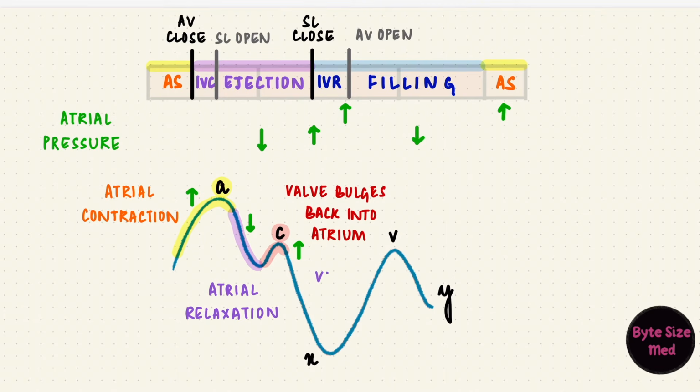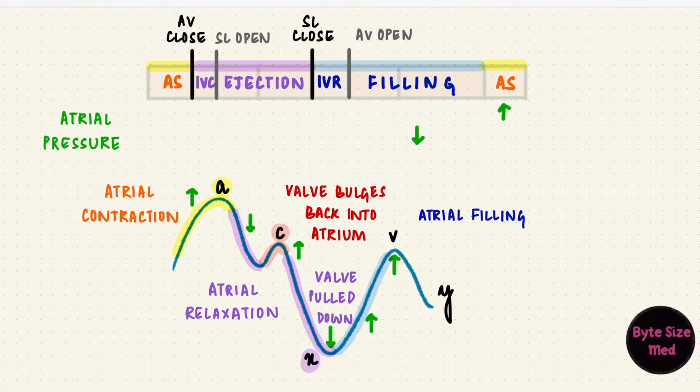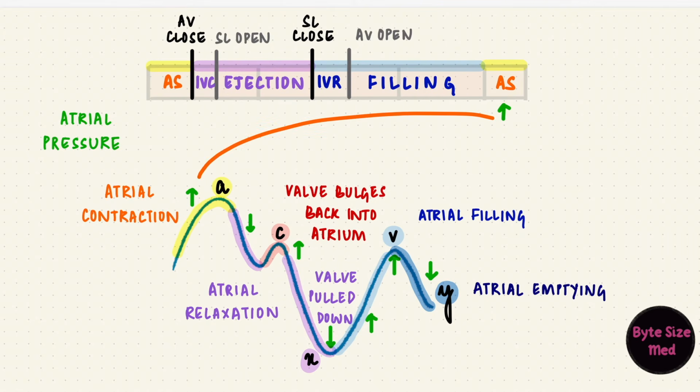During the ejection phase, the valve gets pulled down, and atrial relaxation makes the X descent. The atrial pressure rises as they fill against closed valves until it peaks just before the valves open. The pressure rise was from atrial filling during atrial diastole. That peak is labeled with the letter V. Opening of the valve starts ventricular filling, and that's from atrial emptying. That pressure drop creates the Y descent. Then, when the atria contract, the cycle repeats.